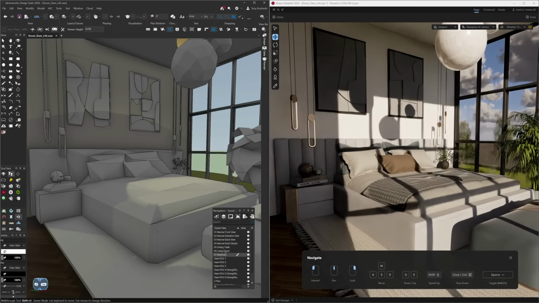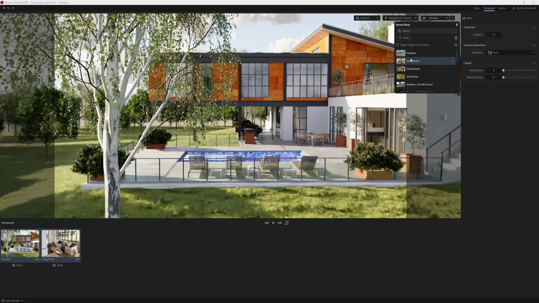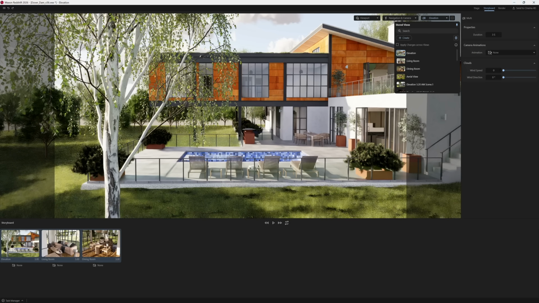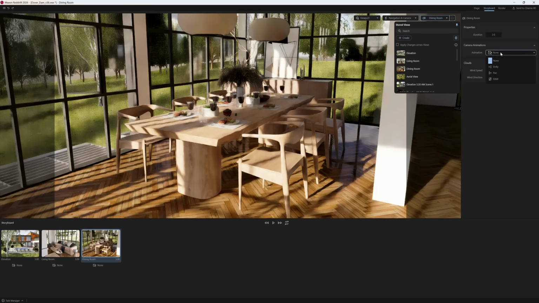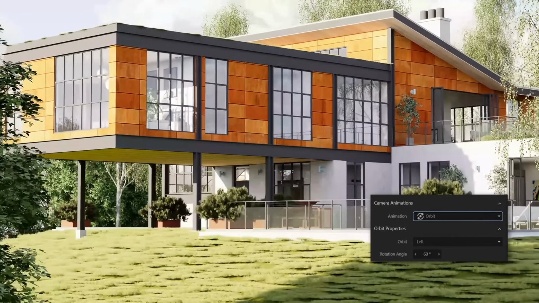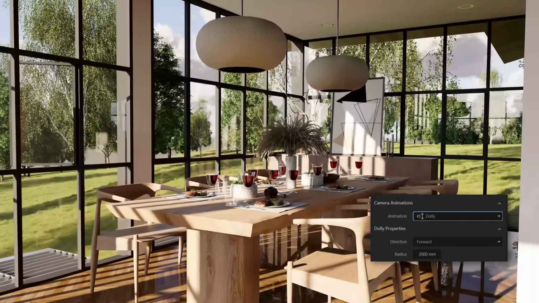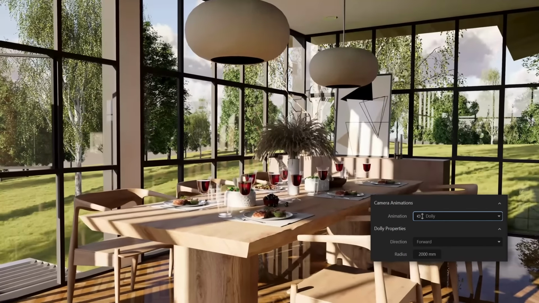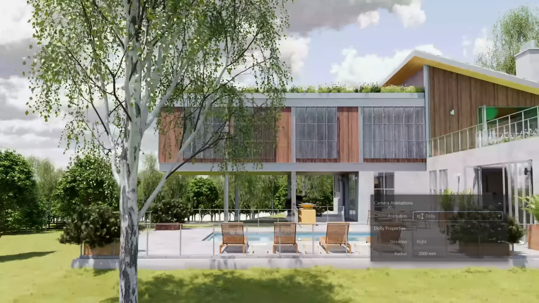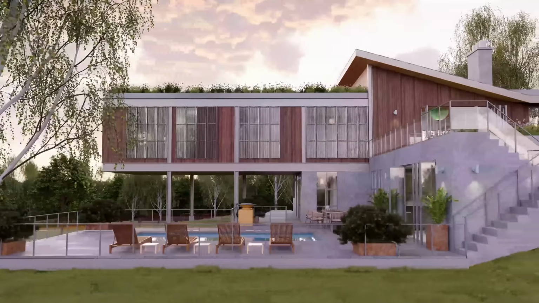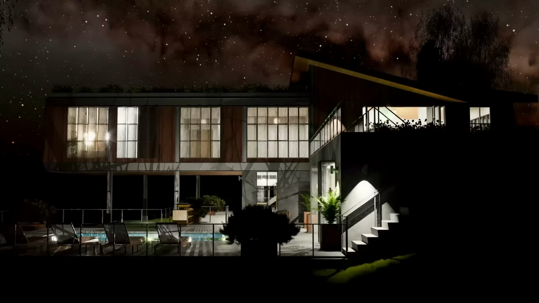In Redshift, your save views can be organized in the storyboard, where you can sequence shots and apply camera movements such as dolly, pan, and orbit to build cinematic walkthroughs of your project. This connection allows you to keep rendering in-house using production-proven ray trace technology while still working inside familiar Vectorworks workflows